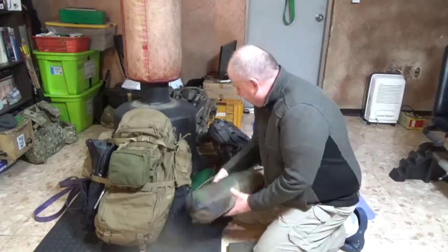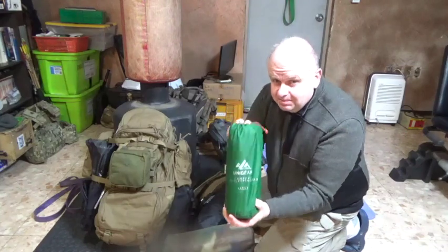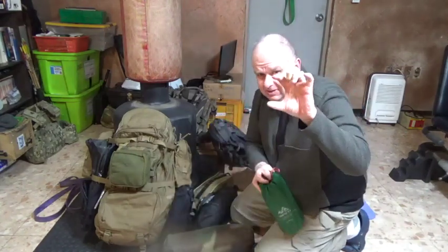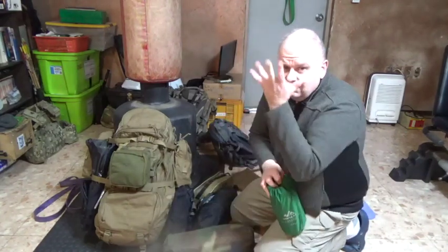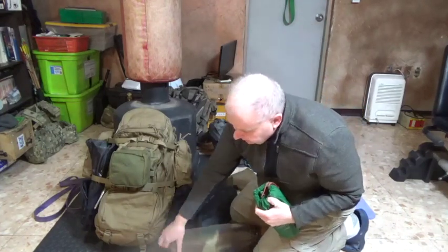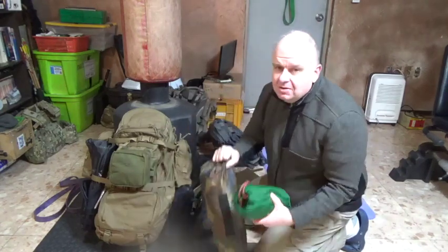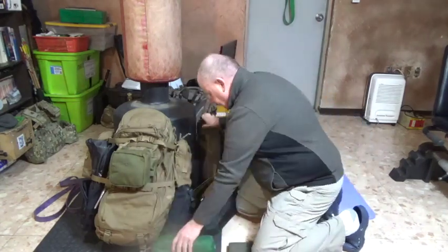And plus, on top of that, if you use something like this, which is about this thick when you inflate it, your face will literally smack up against the roof of the tent. So it's like, okay, this was cool, served its purpose, but I want to change it out to a tent,